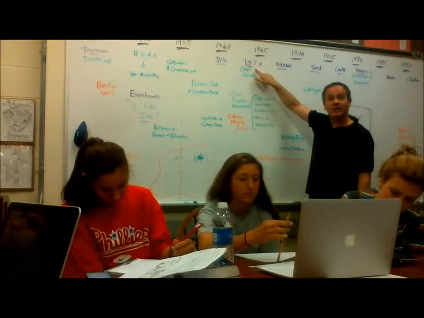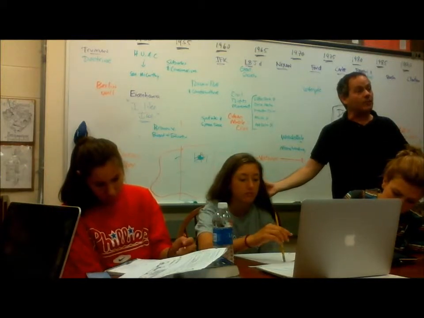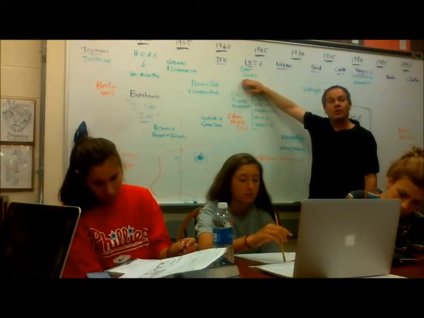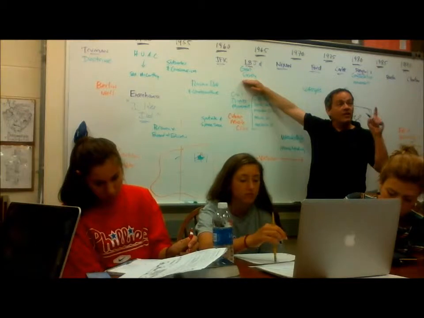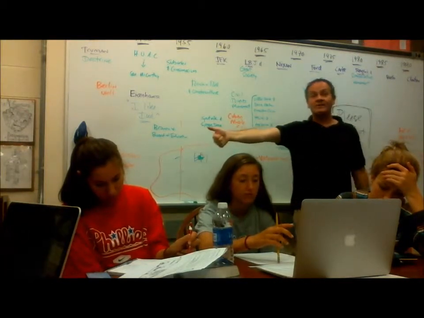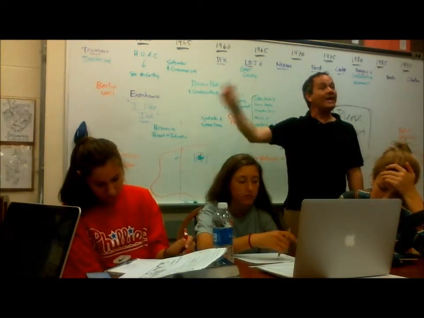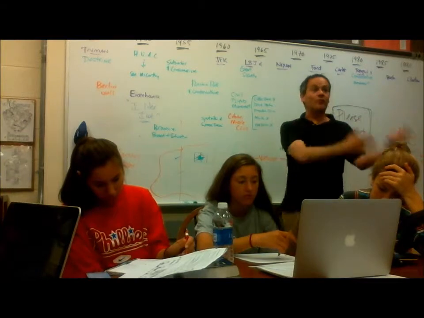Lyndon Johnson had become president. He had ushered in these enormous reforms in American government. The Great Society programs did more than the New Deal to create a safety net for people. He pushed civil rights legislation. He built Medicare and Medicaid. He started Head Start for little kids to go to school before kindergarten.